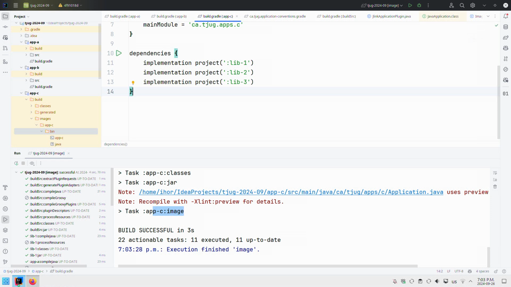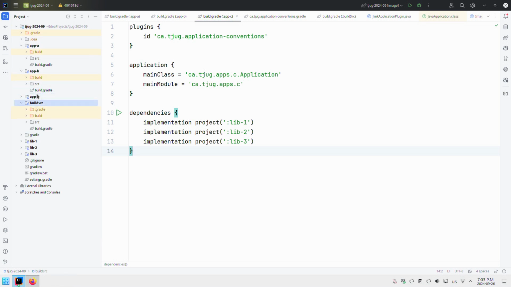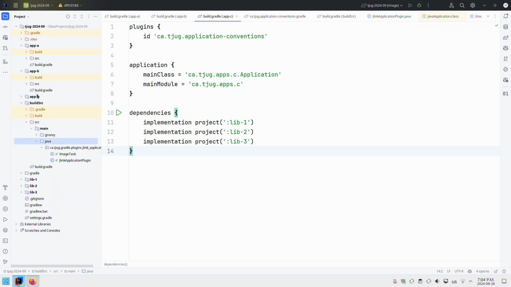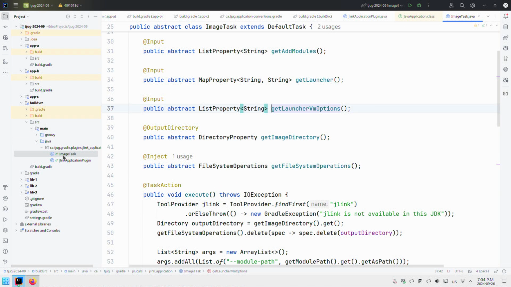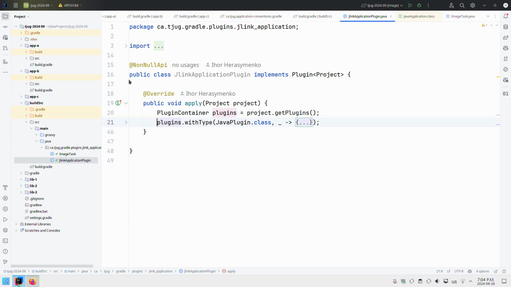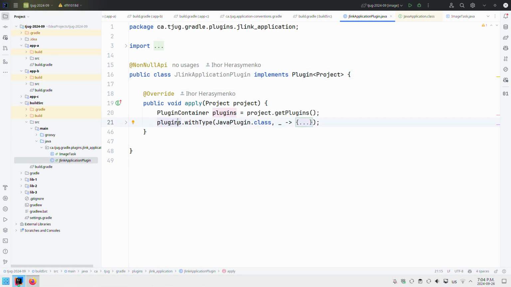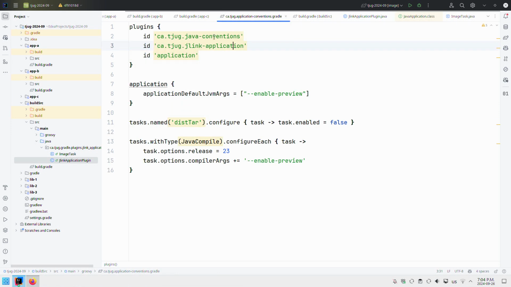So how can we do this? What do we need to do in order to implement it? Well, we need to actually start writing a plugin in Gradle. So the same magic build source folder, but now instead of a piece of Groovy, we have a bunch of Java lambdas. But they're not scary, don't worry. So this is essentially the entry point of our plugin. Whenever we declare something like this, the JLink application plugin,